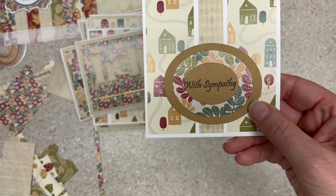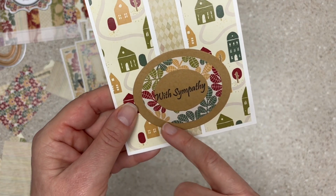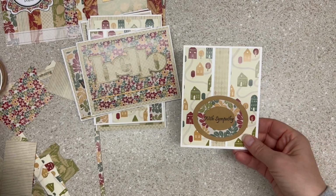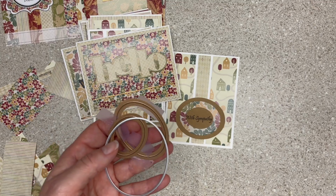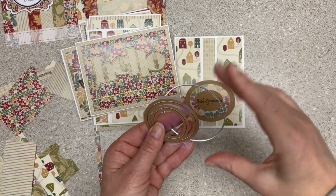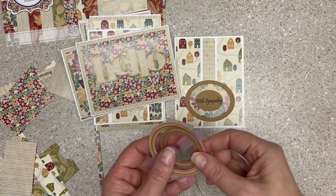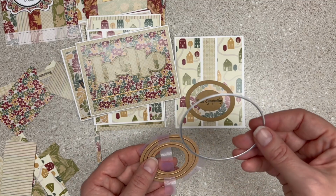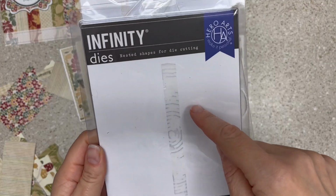And then this was, I think, my very last one. Scraps across there, a big oval, and then with sympathy. Oh, this is what I wanted to show you. If you were in the market for oval dies, which if you watch me, you'll probably get obsessed with them. I don't know what's wrong with them. The trick is to find really smashed ones too, so that they're the shape. If you have a bunch of those rectangle sentiments, or if you have a bunch of square ones, you don't need them as smashed. But if you're gonna look for oval dies, I highly recommend, look at me finding the